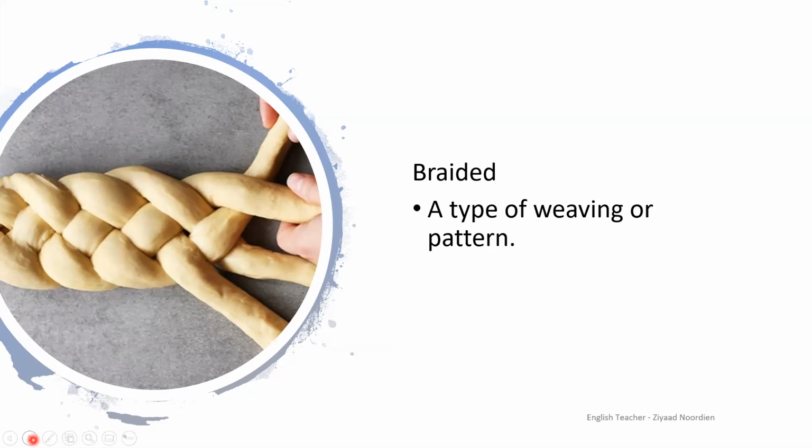Like if you have sisters as well, you'll know that sometimes girls want their hair braided. So it's also moving pieces of hair across each other to make a little pattern. So that is braided. And how I can use that in a sentence is, my mother made braided bread, or my mother bought braided bread from the bakery. And bakery is also one word that you've already learned. So we are building our vocabulary as we go along.